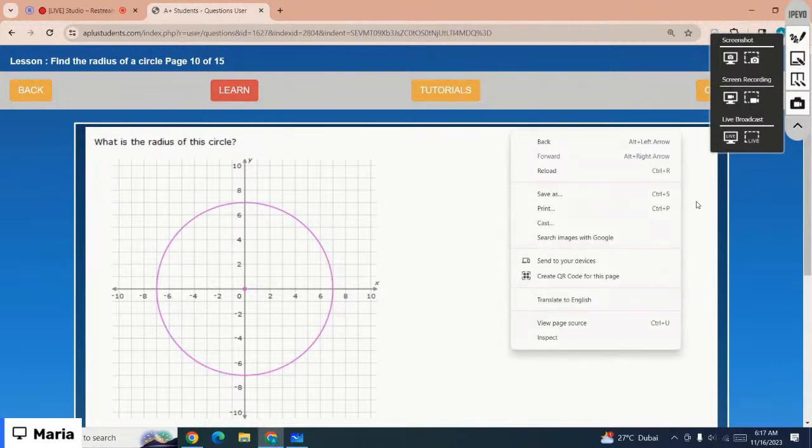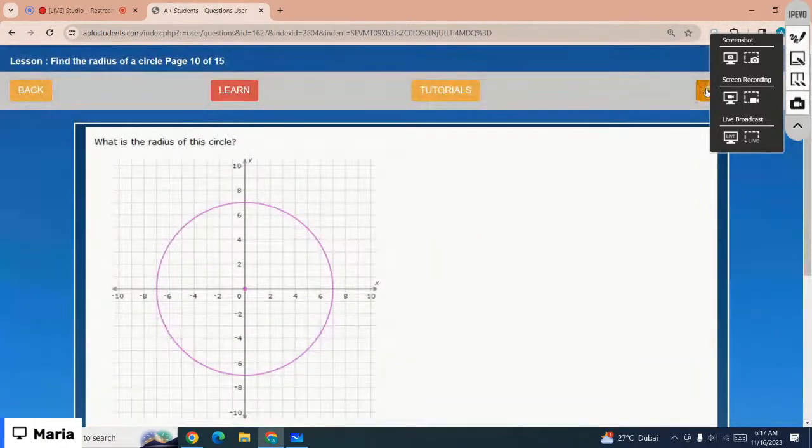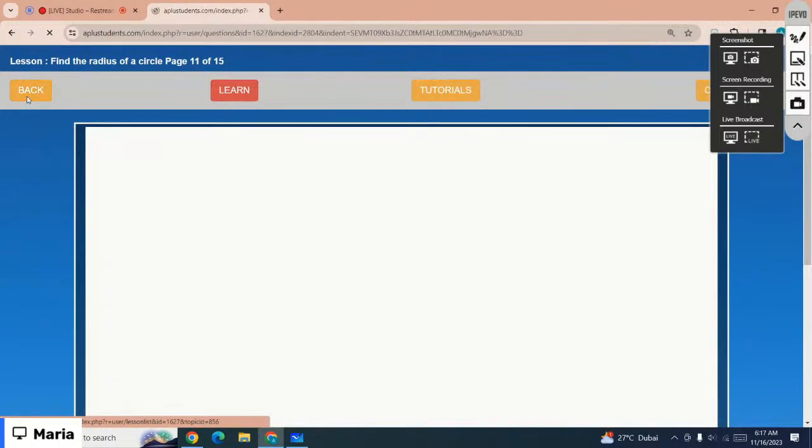Okay, what is the radius of the circle? So which is the correct option? Yes, the radius of the circle is 7. Okay, you can complete the lesson by yourself later today. Let me just move on to the next lesson. And the next lesson is